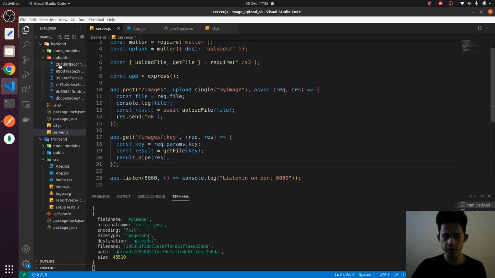And lastly, we actually delete those images from our uploads folder once we send them to S3 buckets, right? Because it's just not optimized. We just need to remove them once we're done with them in our server. So